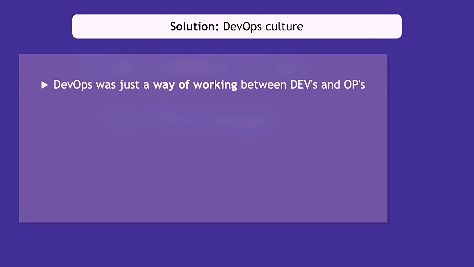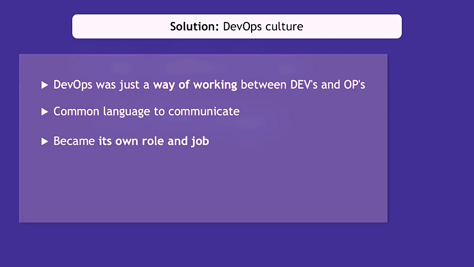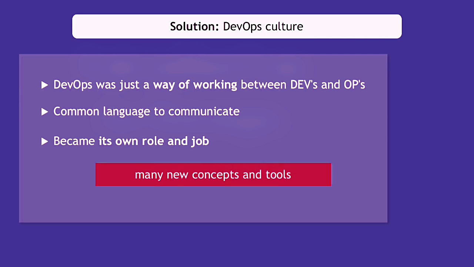Initially, DevOps was just a concept, just a culture, a way of working between the developers and the IT operations. Now you probably already know DevOps engineer as a job title, but initially it was just a way of working to make sure the developers and IT operations found a common language to communicate with each other. And that culture eventually became its own role and job description because it started to encompass so many different concepts and also tools in order to enable that effective communication